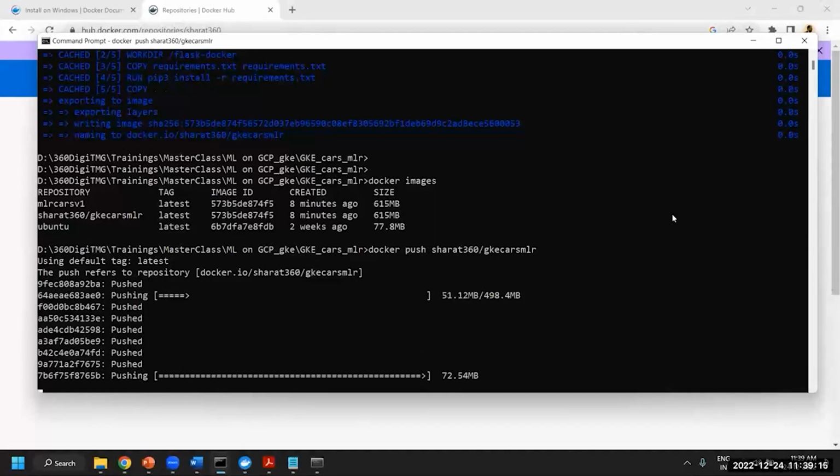Now, if I don't push it onto my Docker Hub, the image is not accessible from different locations because the image is only sitting in my local computer. I can create as many containers as possible using my local image only in my local computer. But now, because I have pushed this image onto the Docker Hub, I can connect to Docker Hub from any different computer, and I will be able to implement the image and create a container on